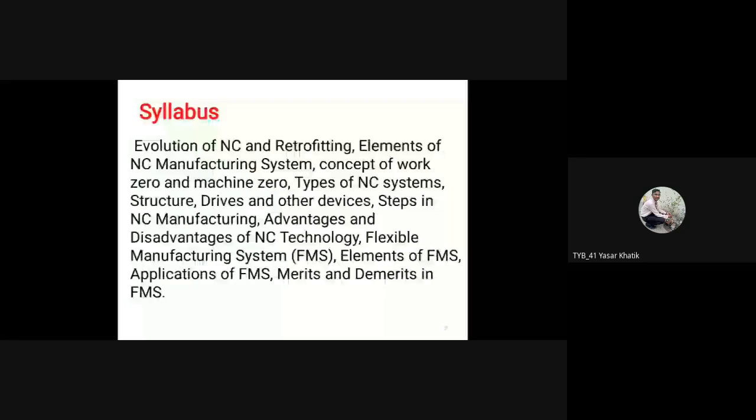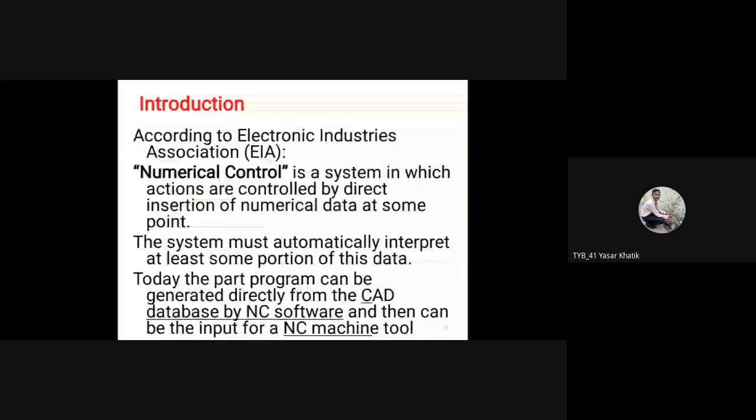So the NC system is one of the systems where actions are controlled by the direct insertion of numerical data. Okay, त्याच्यामध्ये आपण काय करतो, एनसी मशीन म्हणजे काय की थोडक्यात एक हायली